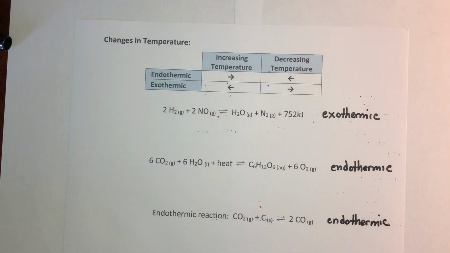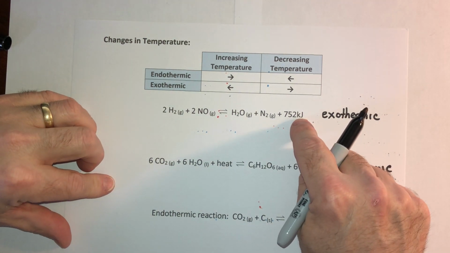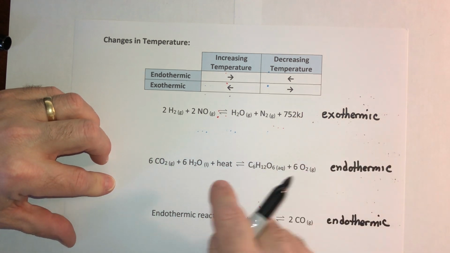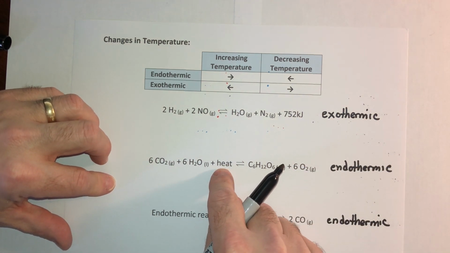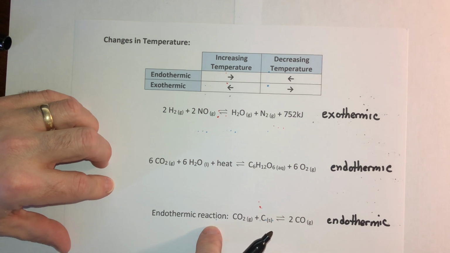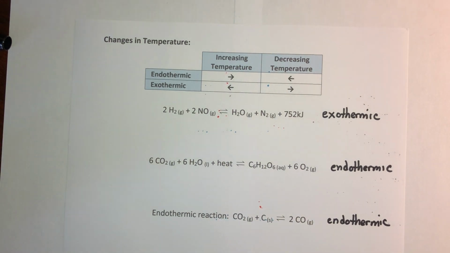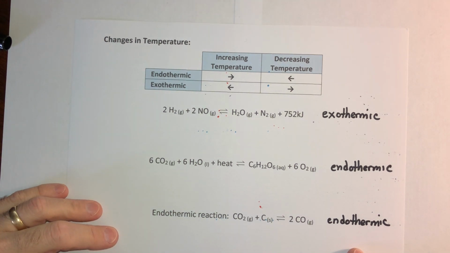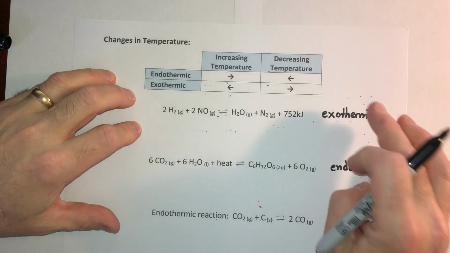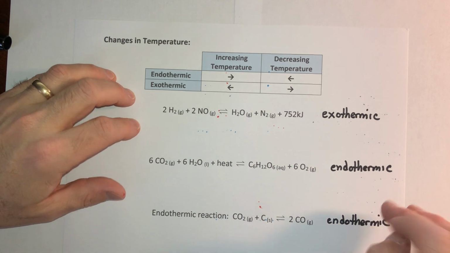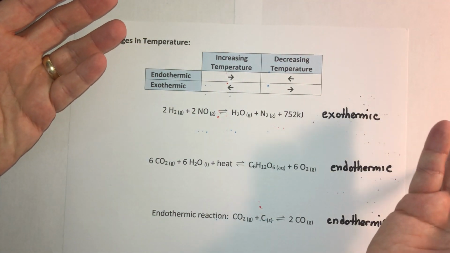Okay, so the heat is not super consistent. Sometimes we include it in the reaction as a number. Sometimes we include it in the reaction as just the word heat. And sometimes we don't include it in the reaction at all. We just use words in the problem to tell you what you got. Like the problem will say, consider the following endothermic reaction. Well, then you know it's endothermic. Okay? Now, once you know what it is, then you can tell what's happening by whether the temperature goes up